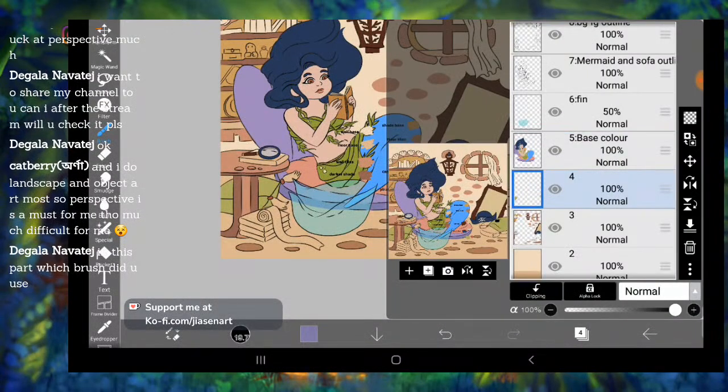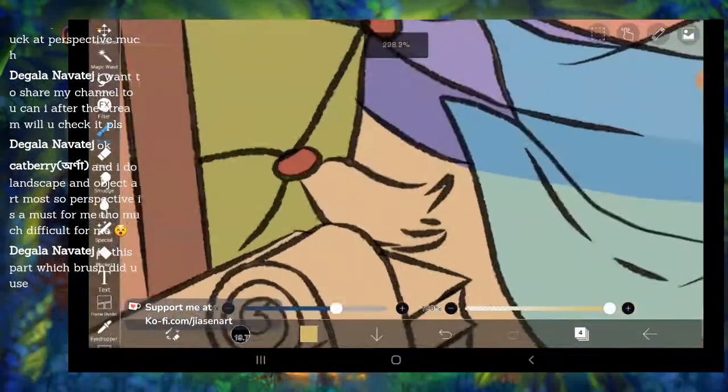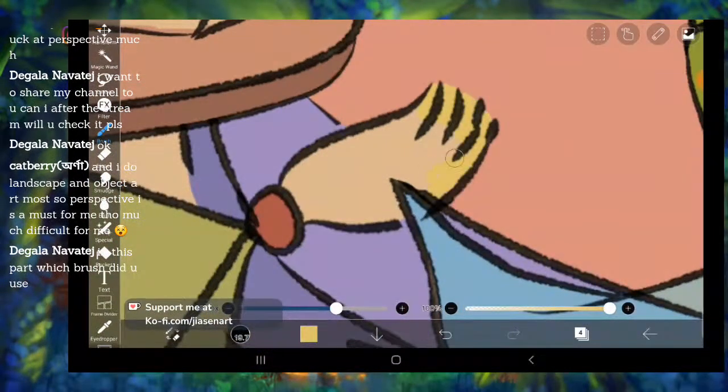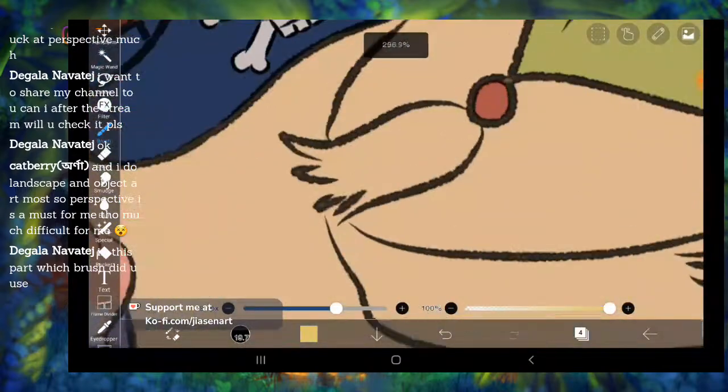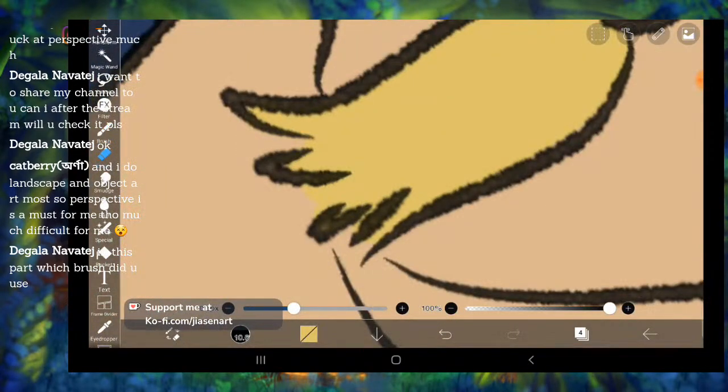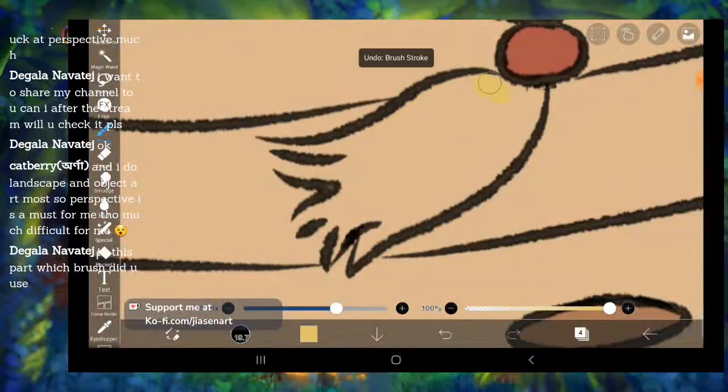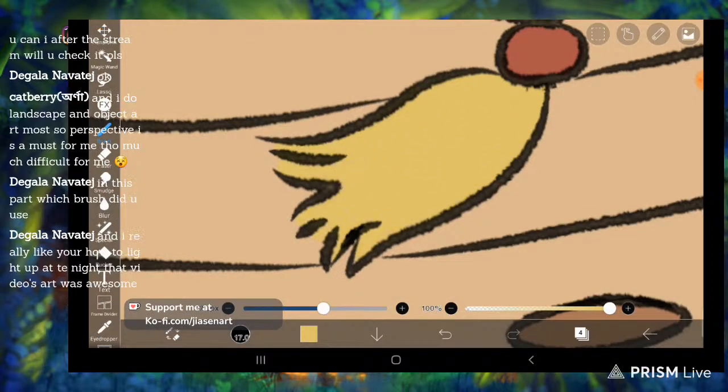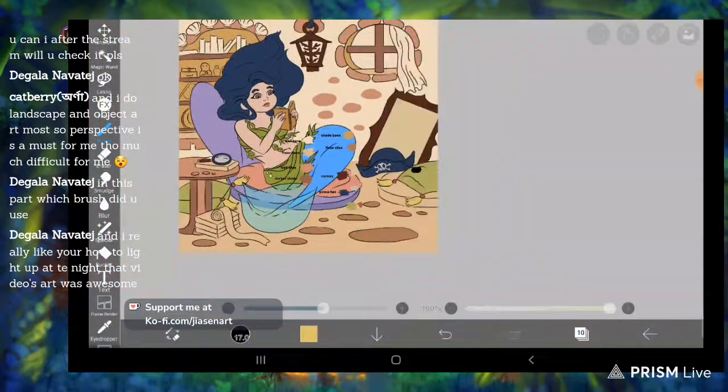If you are using a digital medium, it's not a problem. You can use it on one of your lower layers, reduce the opacity and then use it as a guide. If you are using a traditional method, you can still do that, but use a very light pencil, something that you can cover up with color.